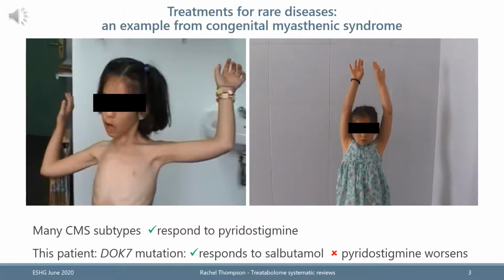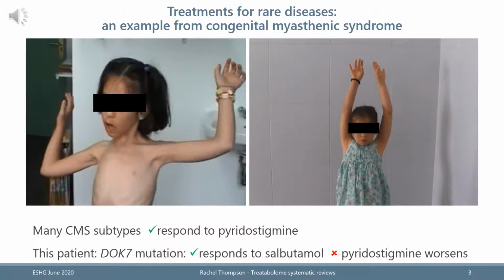And because the weakness is fatigable, if you ask her to do the same action again, the next time she does it, she finds it even more difficult. You can also see that she has quite a bit of facial weakness and she can't actually keep her mouth closed. Quite a few congenital myasthenic syndromes respond to esterase inhibitors like pyridostigmine,